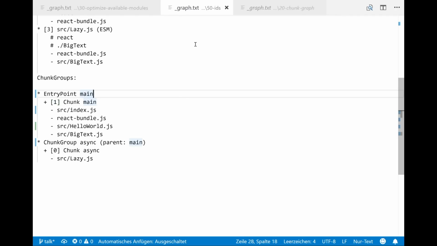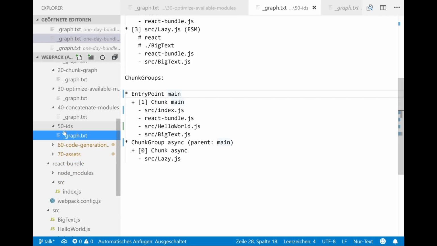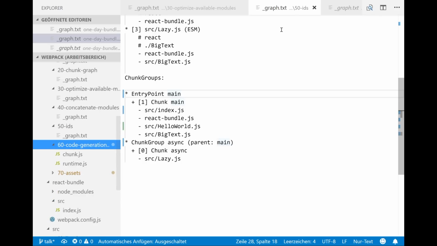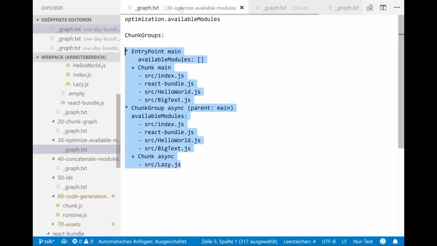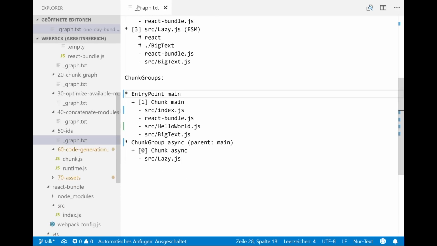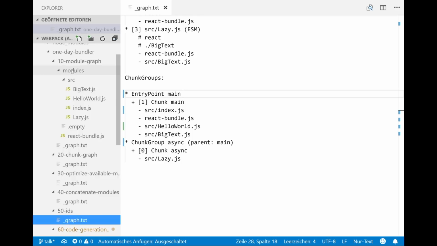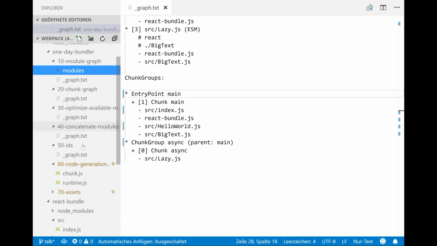Okay, this was the easy steps. Now we have to generate code. Okay, we can close everything else. And to generate code, we have to generate code for all the modules. So we just copy